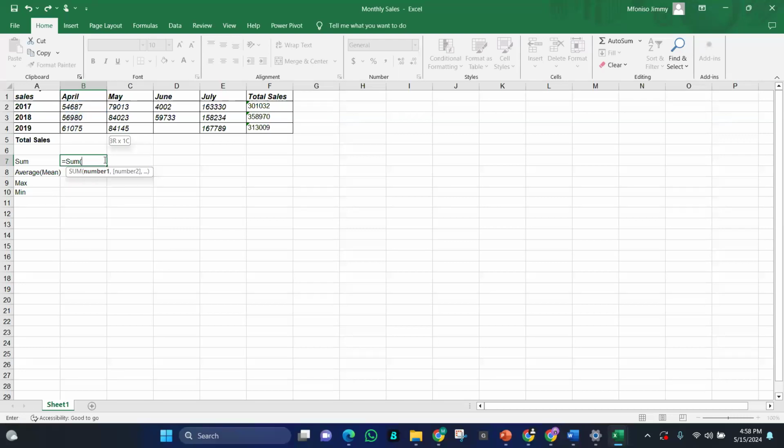So after I typed equals sum, bracket open, I clicked on my April 2017, which is in cell B2. This is column B, row 2. Remember what I said about a cell: a cell is an intersection between the column and the row.